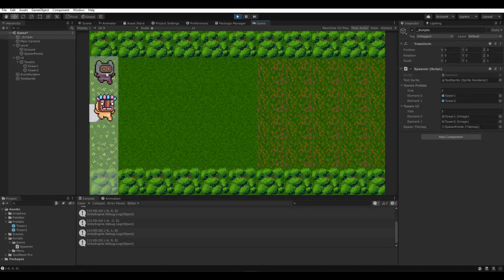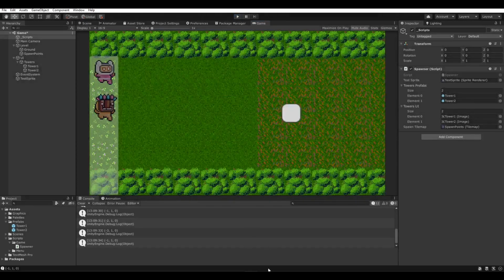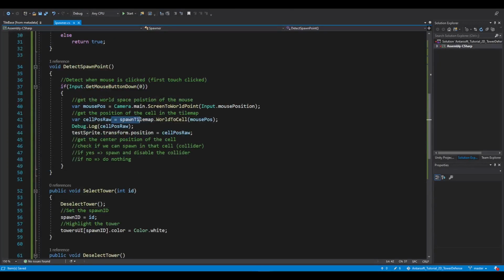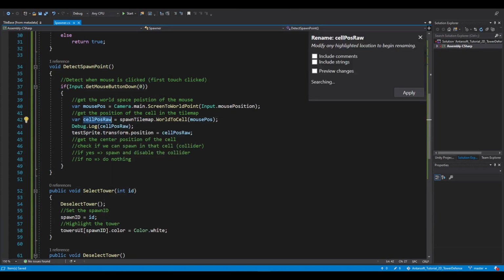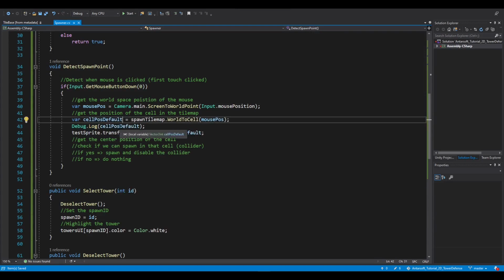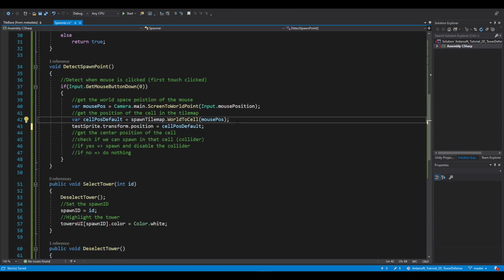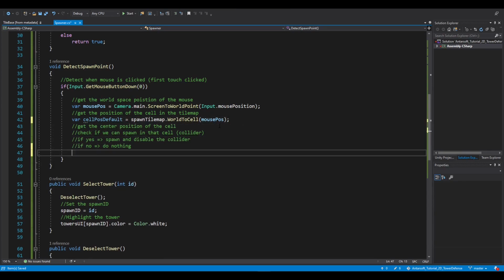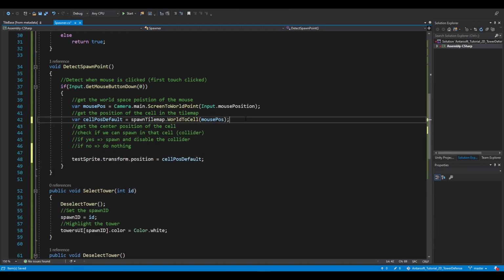So that's good. As soon as we select a tower, whenever we click on a cell, it spawns the sprite but in the wrong place, right? You can see it's spawning at the bottom left, which is the default vector positioning that gets from here. It's this one here. I'm gonna call it cell position default. Let's remove it. So before we do any kind of spawning,